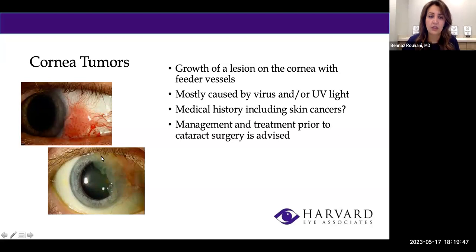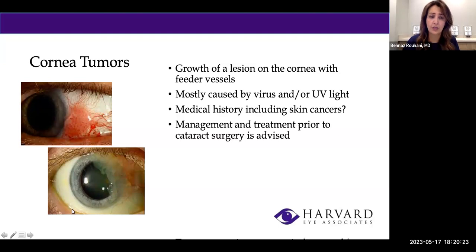Again, not only because, let's say this was a patient of mine, actually, had this lesion grown over the cornea. This patient came to me for cataract evaluation. I'm like, well, we have to take care of a few things prior to proceeding with cataract surgery. And the good news is there are treatments for these, even topical treatments. There are beautiful eye drops out there that we can use to help shrink the lesion. And if it doesn't work, we can go ahead and remove them prior to proceeding with cataract surgery.